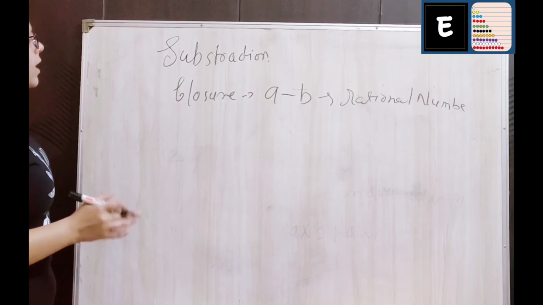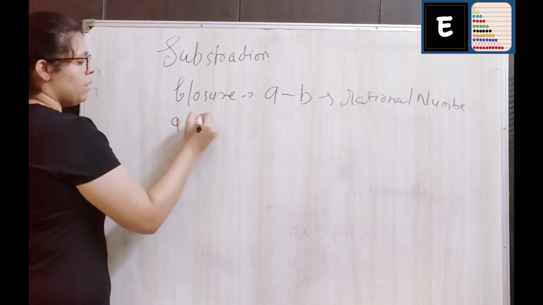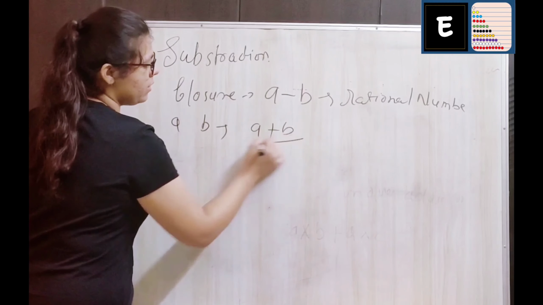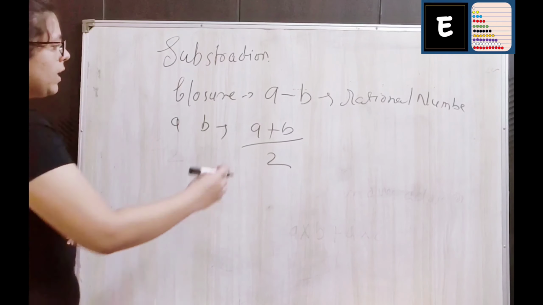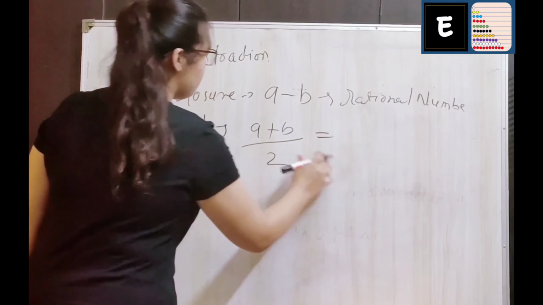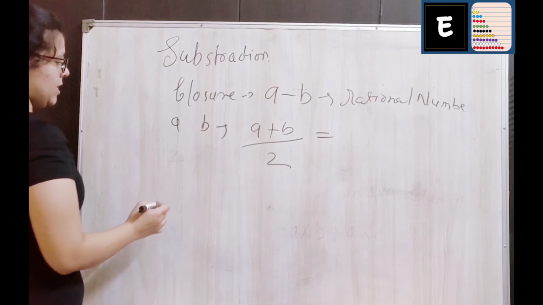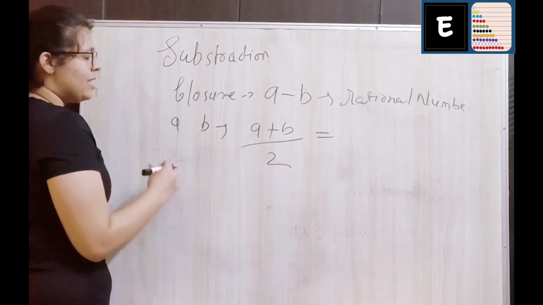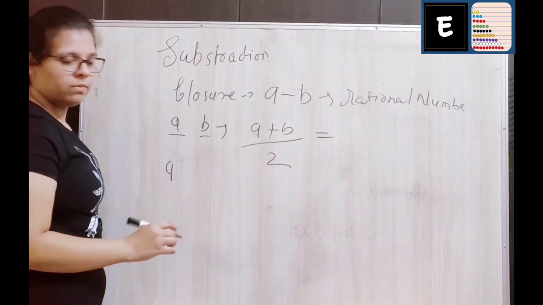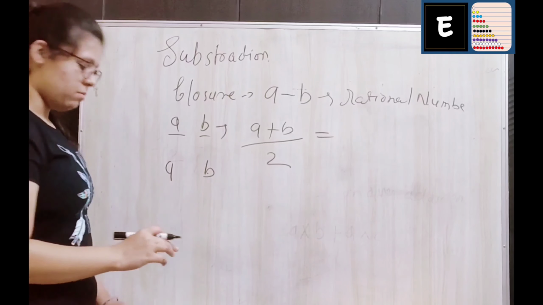There is a small theory for rational numbers. If a and b are two rational numbers and we add these two numbers and multiply it by 2, we can find a rational number between these two numbers. So the answer will be a rational number between these two numbers. And the other theory is we can find as many rational numbers as we want between these two rational numbers.